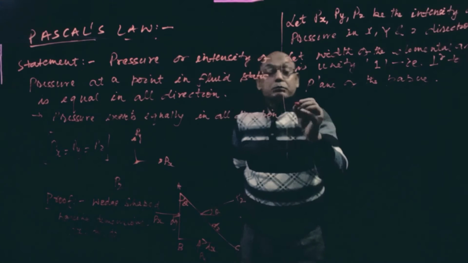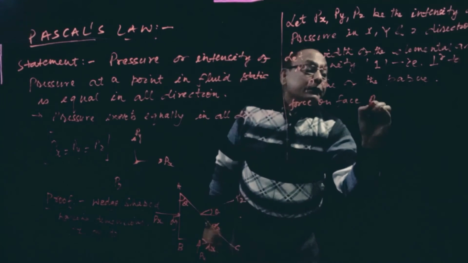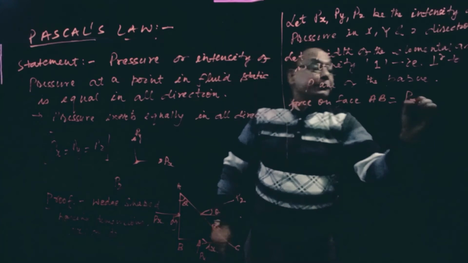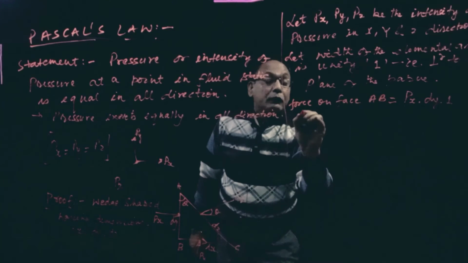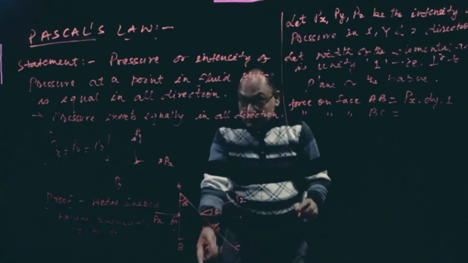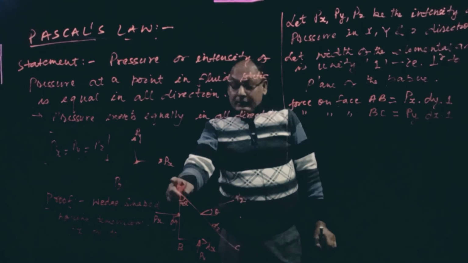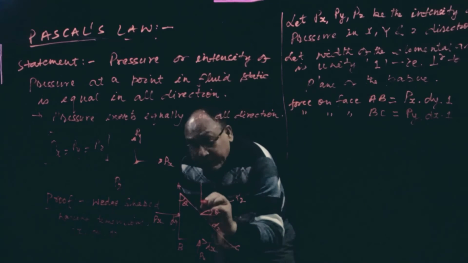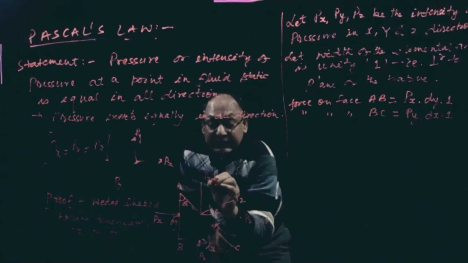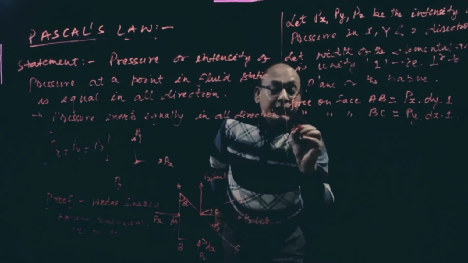Now what will be the force on face AB? It will be equal to Px, your pressure, force means pressure into area, so dy into 1 because the width is 1. Now the force on face BC will be Py into dx into 1. And on AC it depends upon the horizontal and vertical components: this will be Pz cos theta horizontally and Pz sin theta vertically. So at the equilibrium condition,